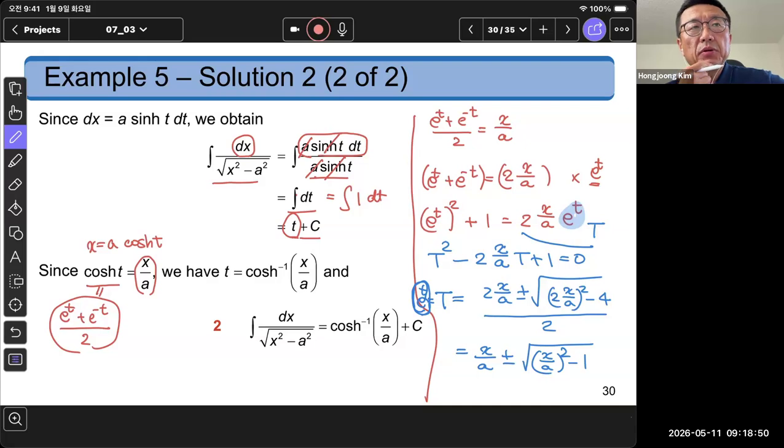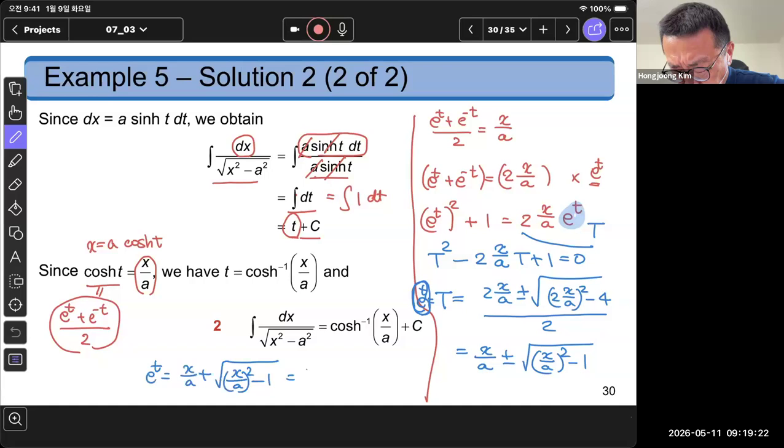So t must be positive. So I cannot take this negative sign here, but only the positive sign. So e to the t must be x over a plus square root of x over a squared minus 1,